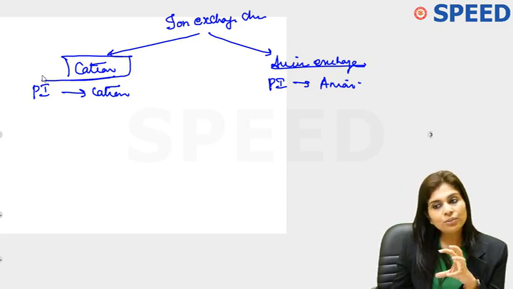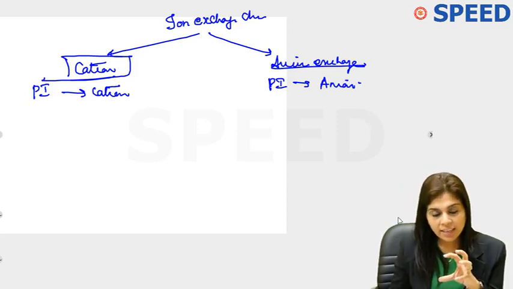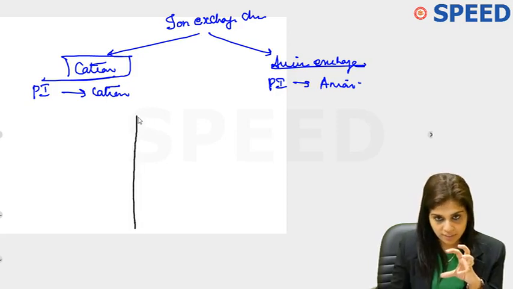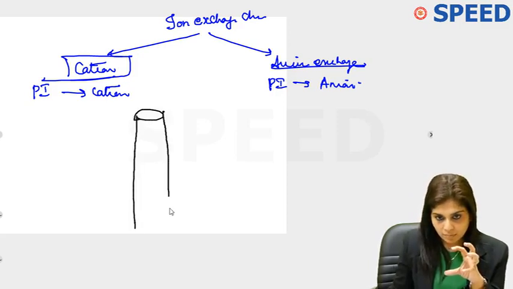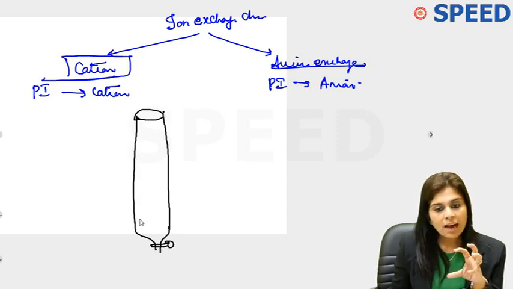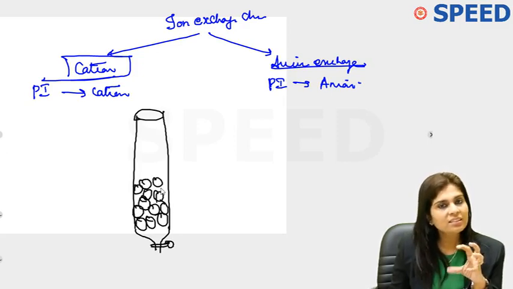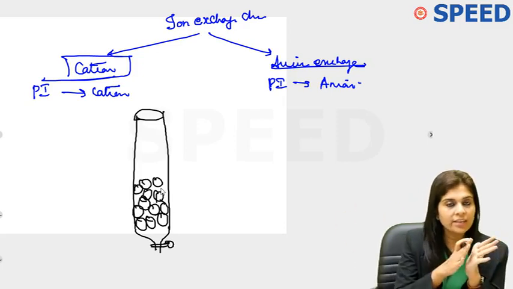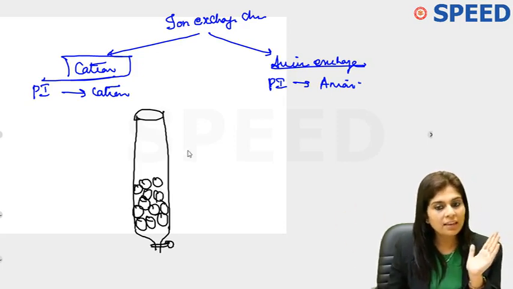So what should you do to the cation? You should retard the cation onto the stationary phase. How can you retard the cation onto the stationary phase? Only when the stationary phase is an anion. Isn't that logical? To retard your cation, the stationary phase has to be an anion.